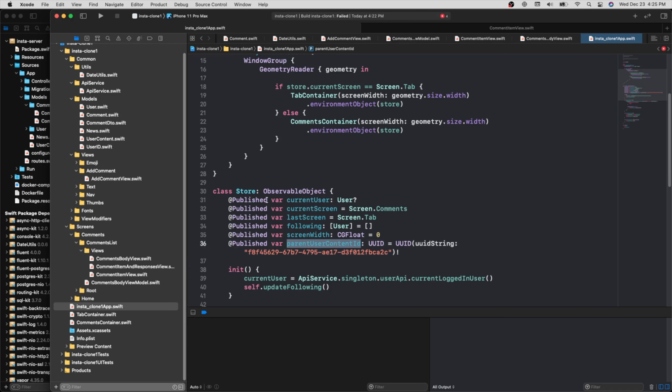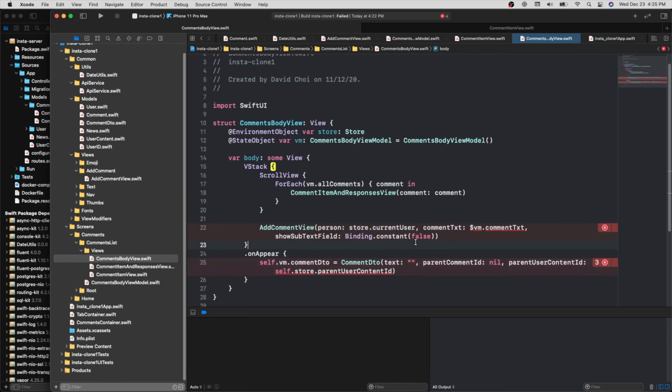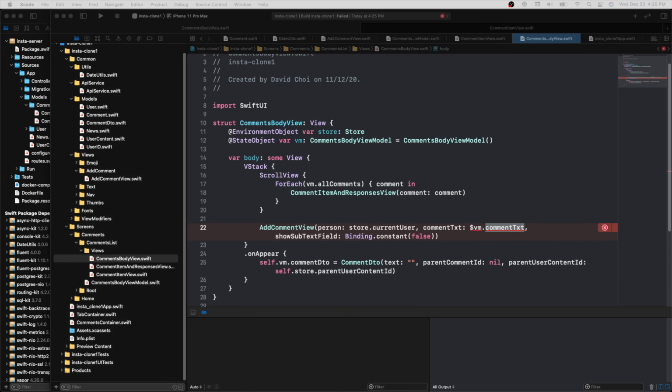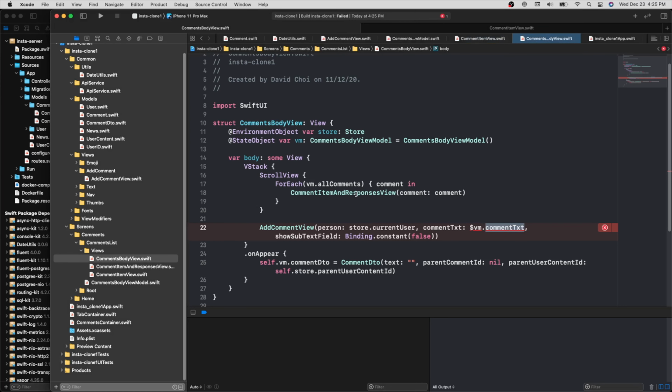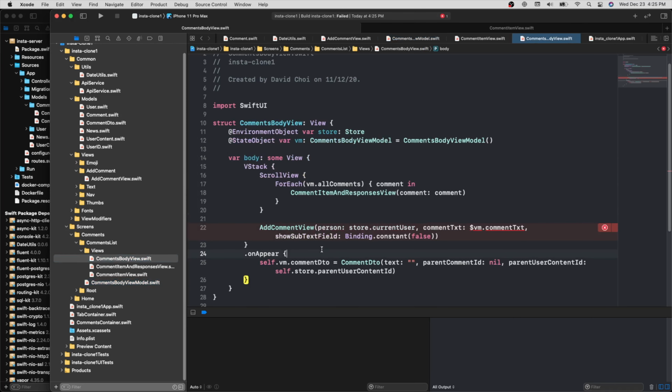But now that we've created this field inside of the store, we should come back here, and at least this bottom part should stop failing. Okay, so it did. And then of course we modified this. So that's why it's giving us an error. But this guy and this guy need to be updated with our Comment DTO object, our single Comment DTO object, because what has to happen is